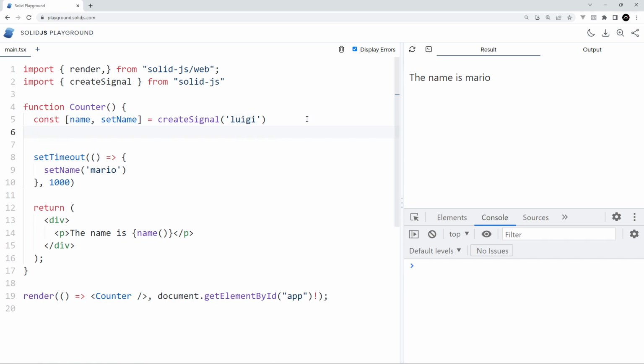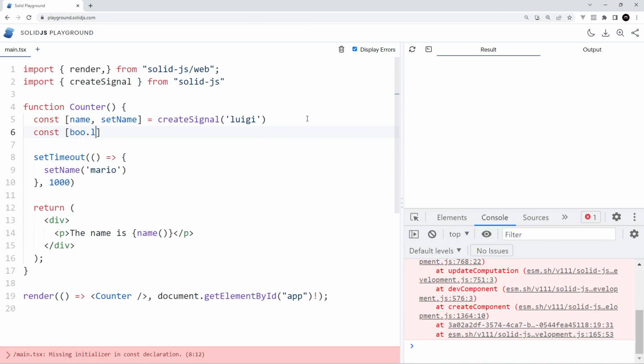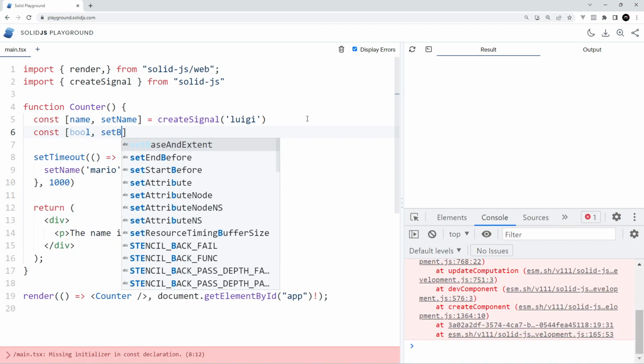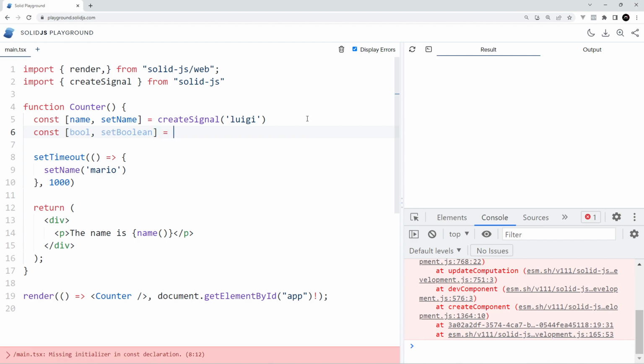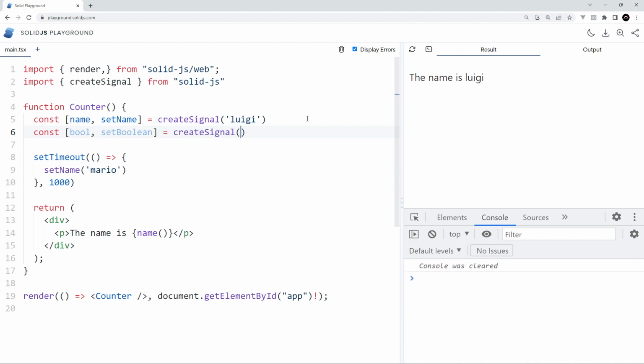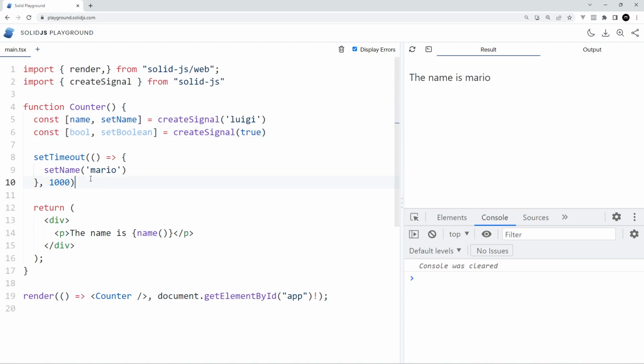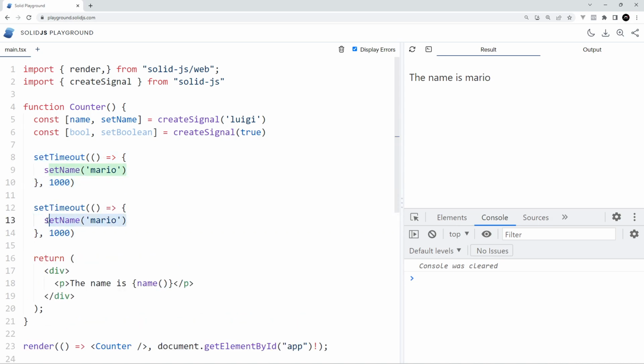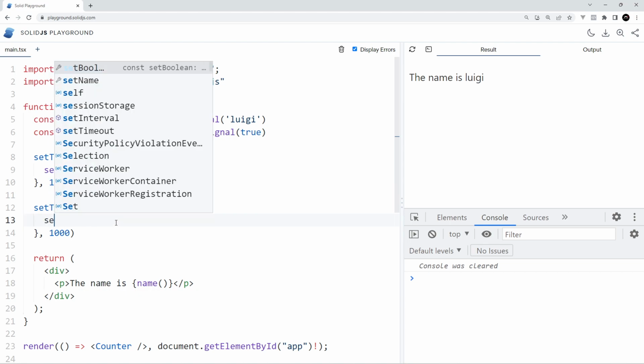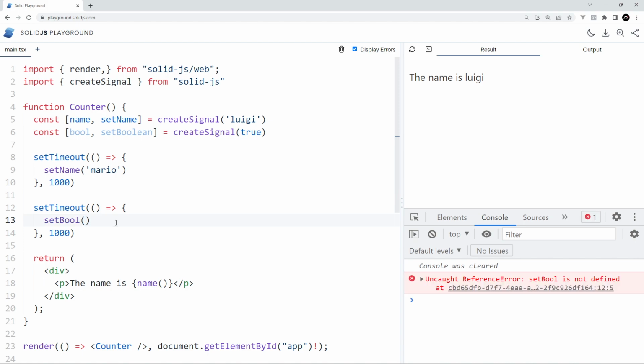So this time I'm going to say const, we'll just call it bool and setBool because this is going to be a Boolean. This is me being super inventive. createSignal, which by the way has to be imported from solid.js if we want to use it. So this is going to be true to begin with. And again, we're just going to use a setTimeout, I think. So let me copy this and paste it down here and get rid of this because we don't want to set the name anymore. Instead, what we want to do is set the bool. So setBool, and it's currently true. Is it? Yep. So then let's change it to